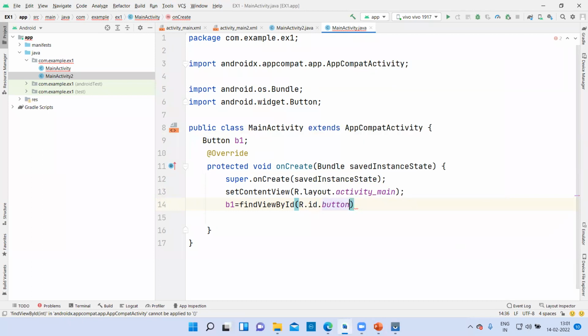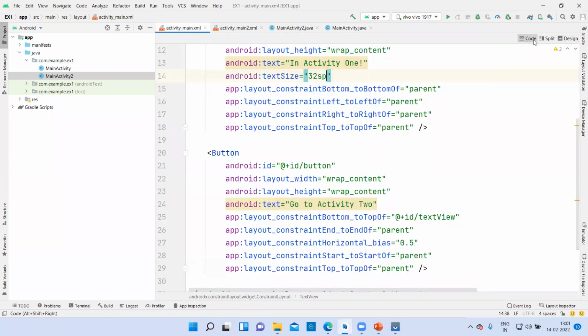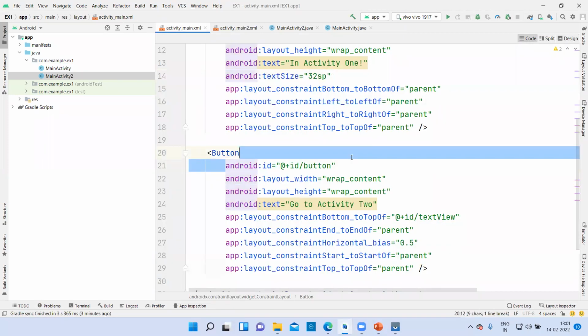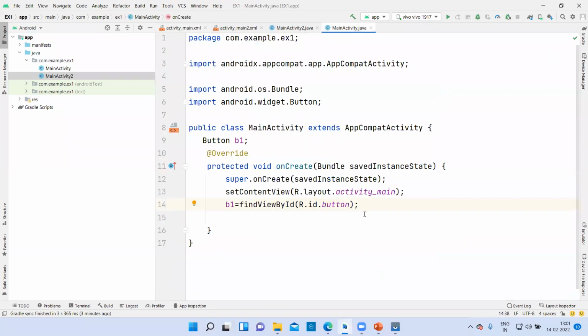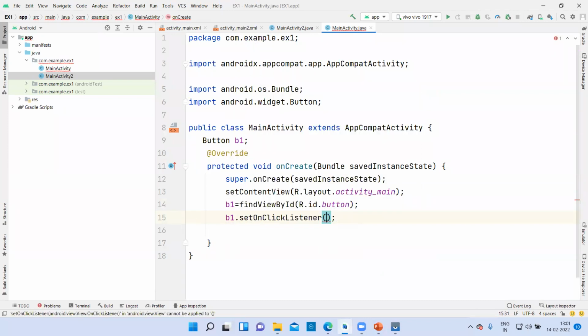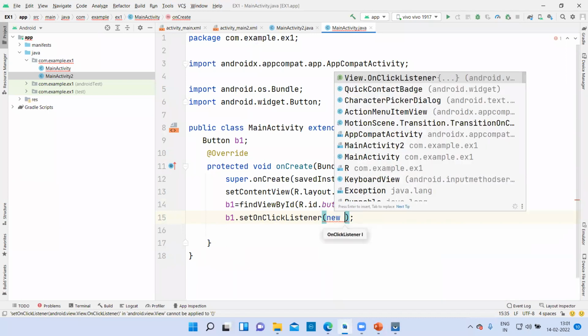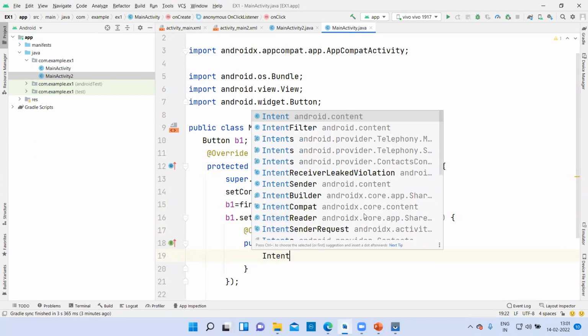This will come from the XML file, from here, id/button. Now B1.setOnClickListener. Now you will write new View.OnClickListener, and you will get the public void onClick method by default. Now you will define the intent.